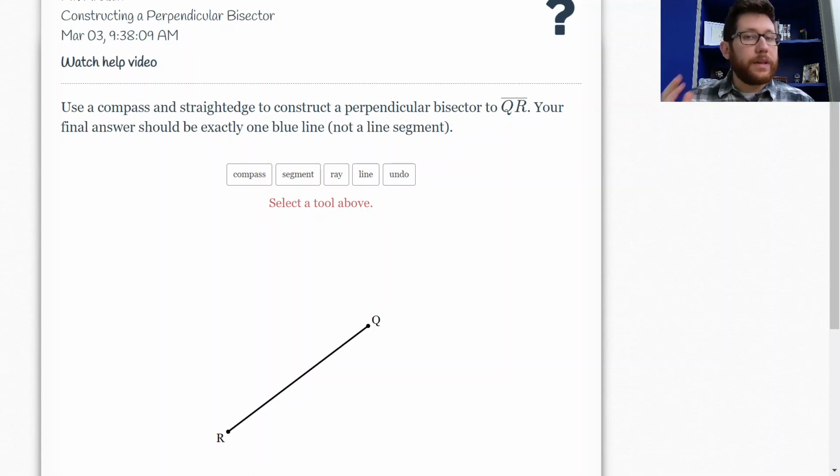And then perpendicular. Okay, perpendicular means it makes 90 degrees. So I want to construct something that's perpendicular, making 90 degrees, and then bisector. So this word bisector means it's cutting it in half. A lot of people get it confused with the word intersection, where you have something crossing. It is going to cross, but it's going to cross in a special way. It's going to cross to where there's two equal segments. So we're going to show you how to do that using just circles and straight lines using our tools here